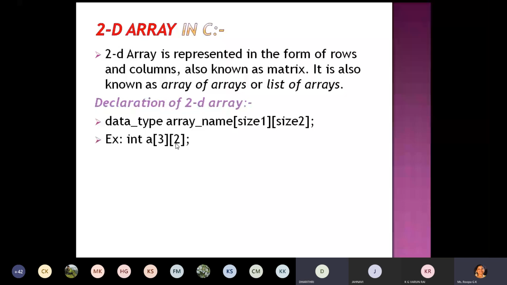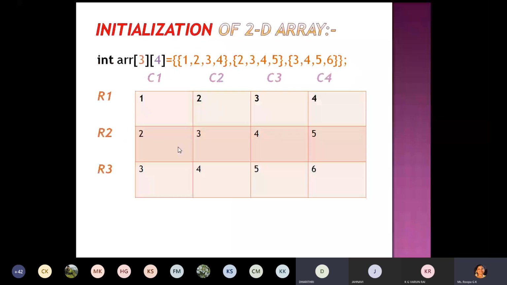An example: I have a two-dimensional array. It is initialized; this is array initialization. You can initialize an array like this. int array[3][4] means 3 rows and 4 columns. The first flower bracket indicates initialization syntax, and the second flower brackets indicate the values which are initialized for row 1, row 2 and row 3. 1, 2, 3, 4 indicates in the first row we have the data 1, 2, 3 and 4.